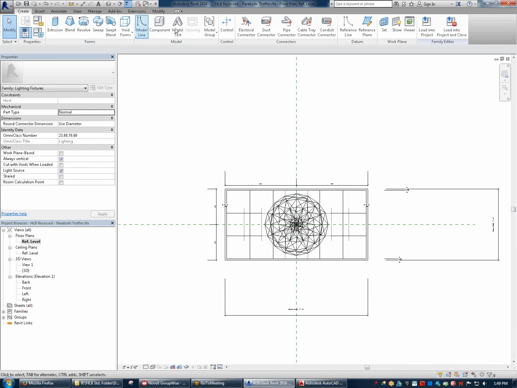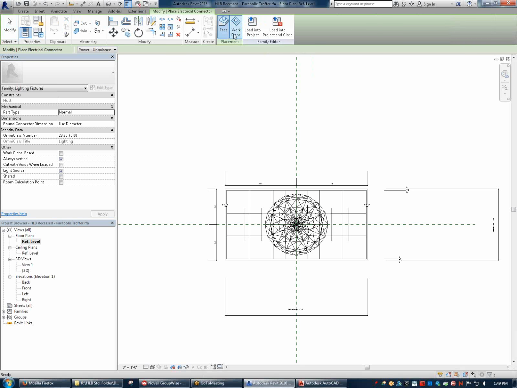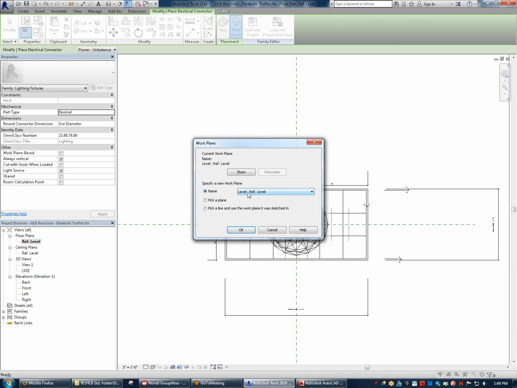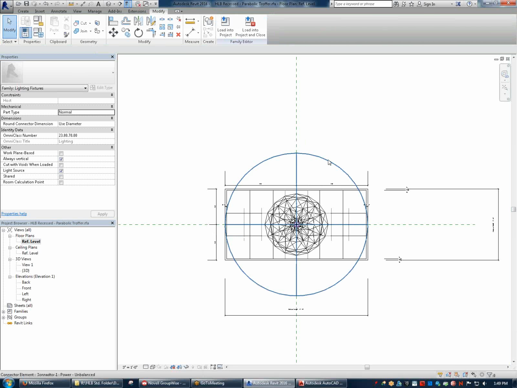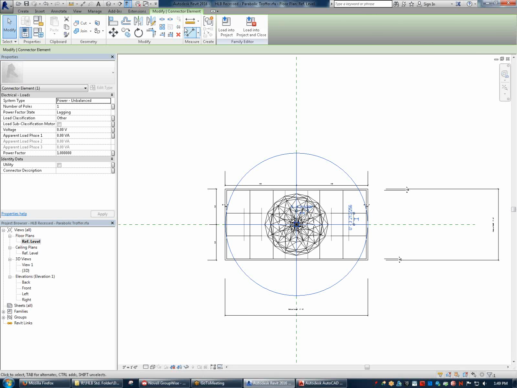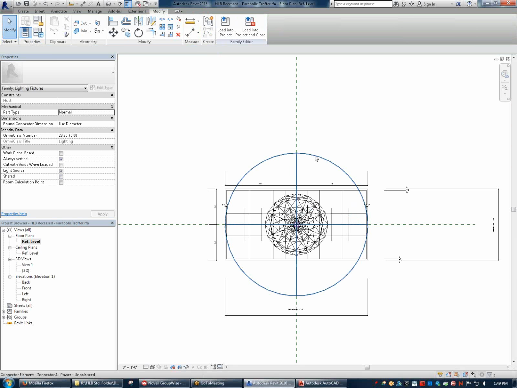I'll just do it again, in case anyone's not familiar with how to use hosted families. It's hosted, so you have to choose whether it's placed on a face or placed on a work plane. I'm going to choose work plane because it's more workable. I'm going to use this reference level right here, which is the default one, and click OK. There it is. I always make sure I pin it so it doesn't move when someone's accidentally messing around with